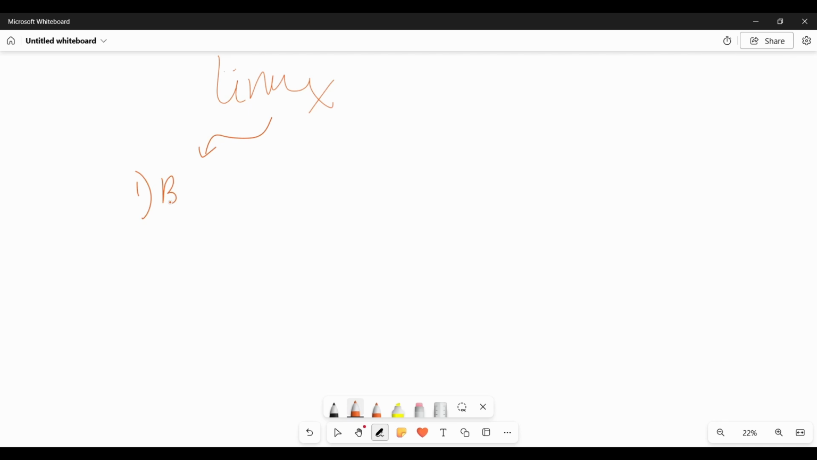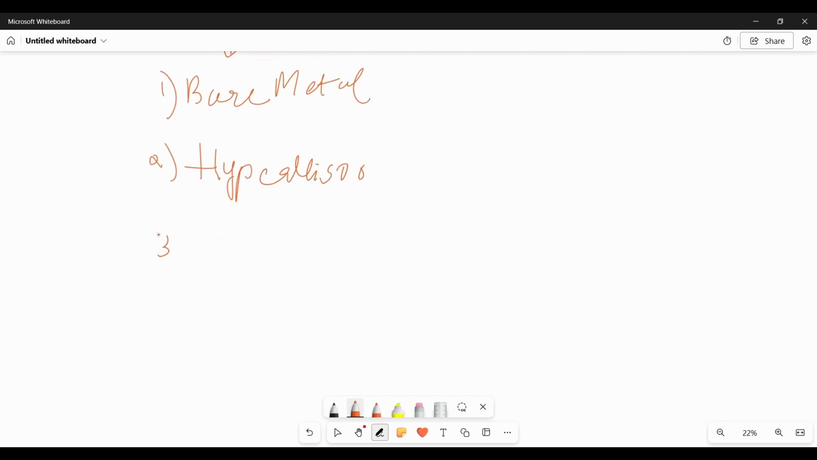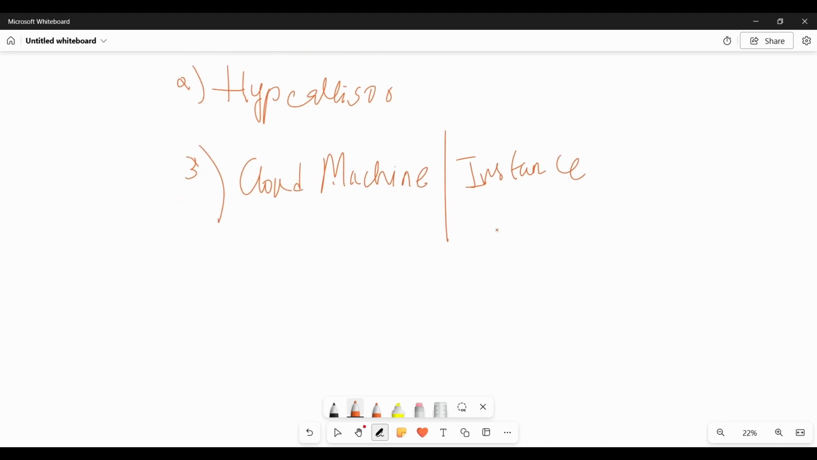Linux can be installed through the bare metal method, using a hypervisor, or you can spin up a cloud machine or an instance. This cloud machine or instance can be bought from any of the vendors like AWS,